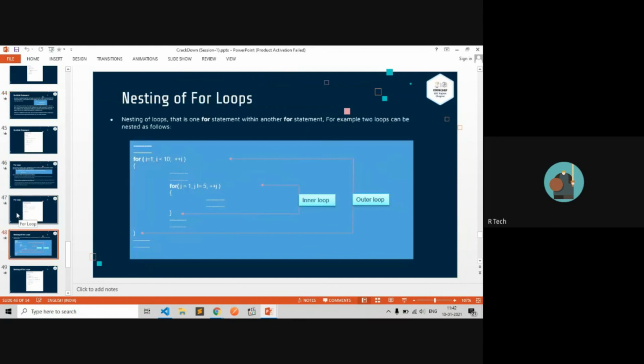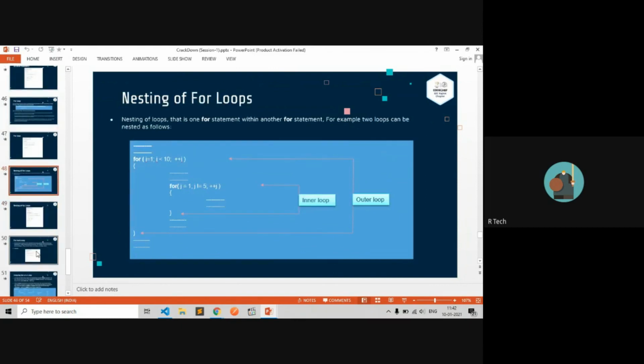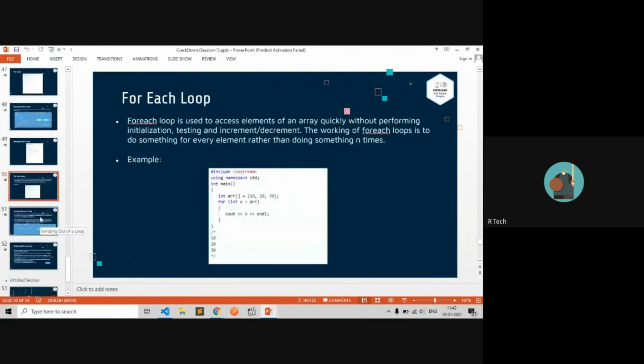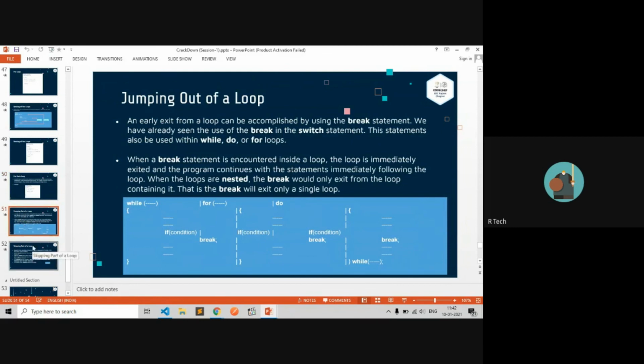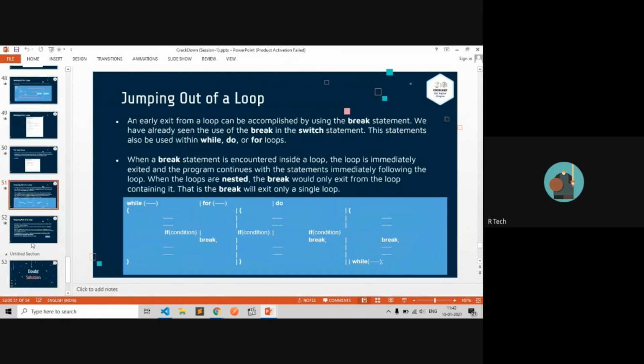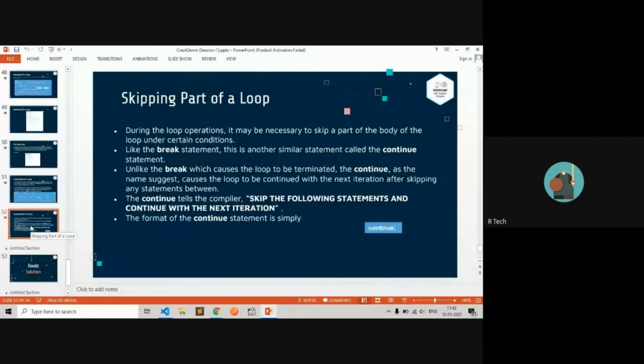After that, nesting for loops. For the for-each loop, if you have an array, then you can iterate over it. The jumping statements like break, and continue for skipping part of a loop. If you want to skip specific elements of an array, then use continue.